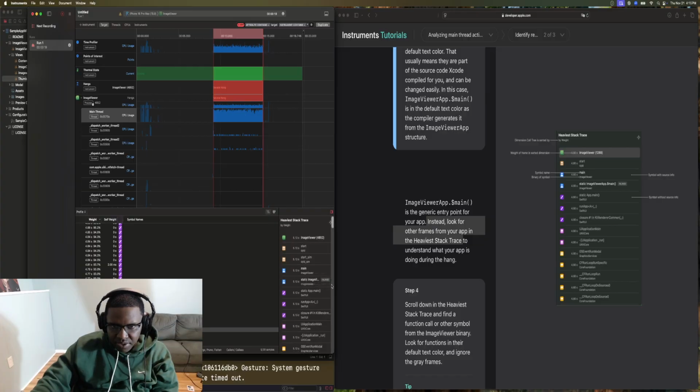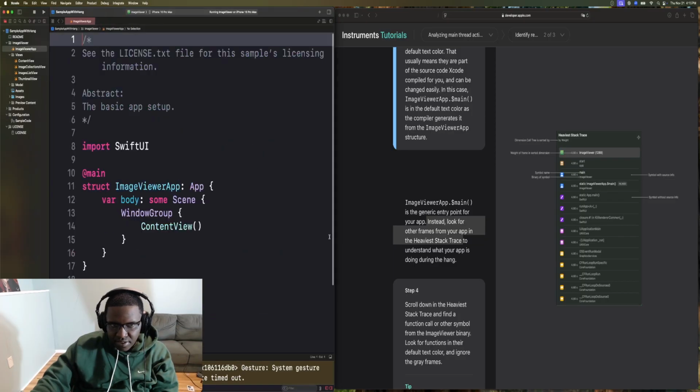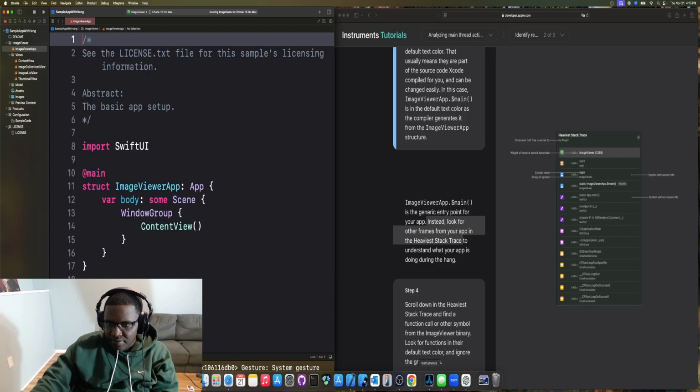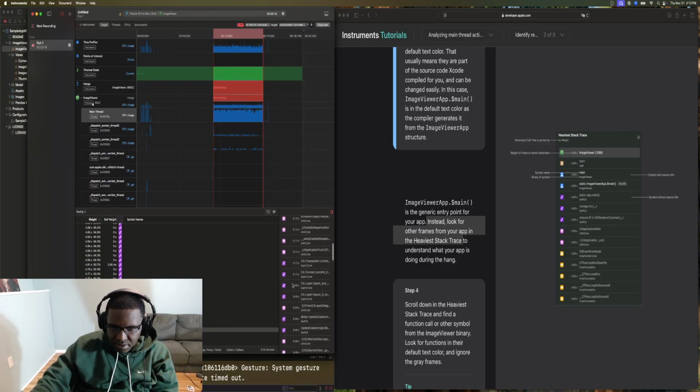This right here, which is pretty much our entry point. So we can ignore this. We can ignore this, and let's scroll down. We can ignore this because it's just the entry point. See, if I click on it, it just sends me to app main. So if I jump back to Instruments and I scroll down,